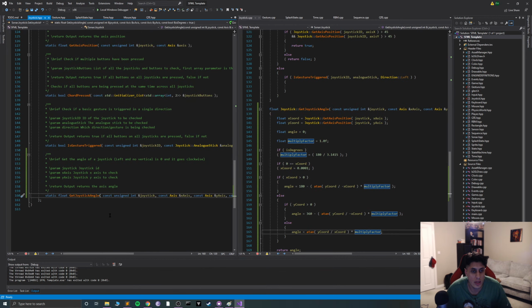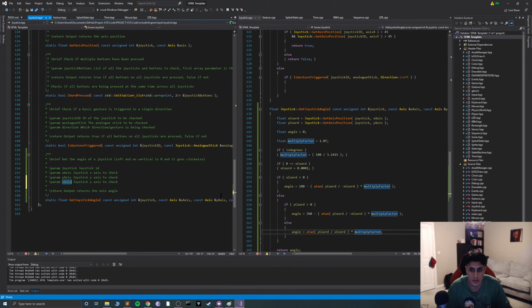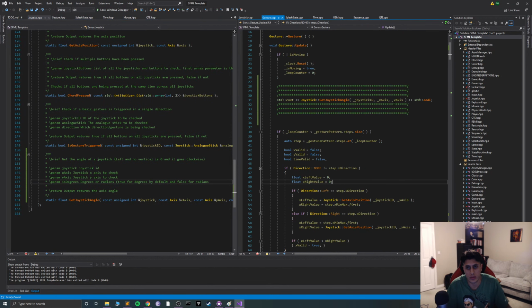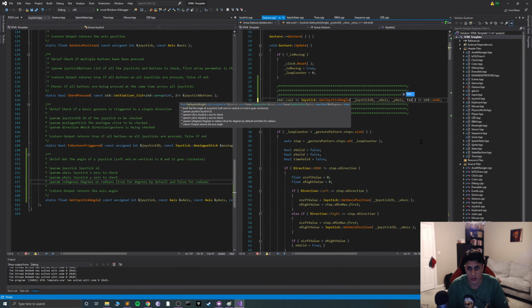What we want to do now, I need to actually comment another param, and this is going to be is degrees or radians: true for degrees by default and false for radians. Let me just confirm that this works. So if I put in false here,